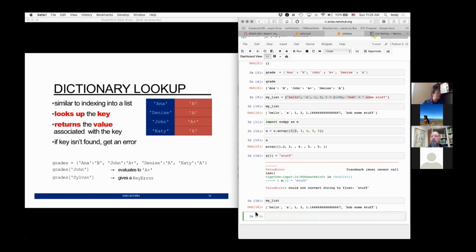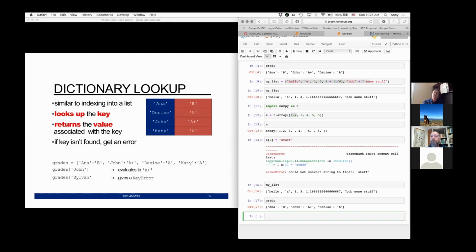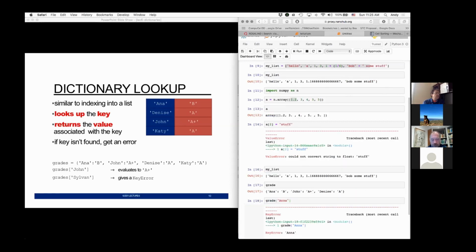So going back to my dictionary, we have grade. Accessing individual objects in there is literally the exact same syntax as using a list. So I can do grade